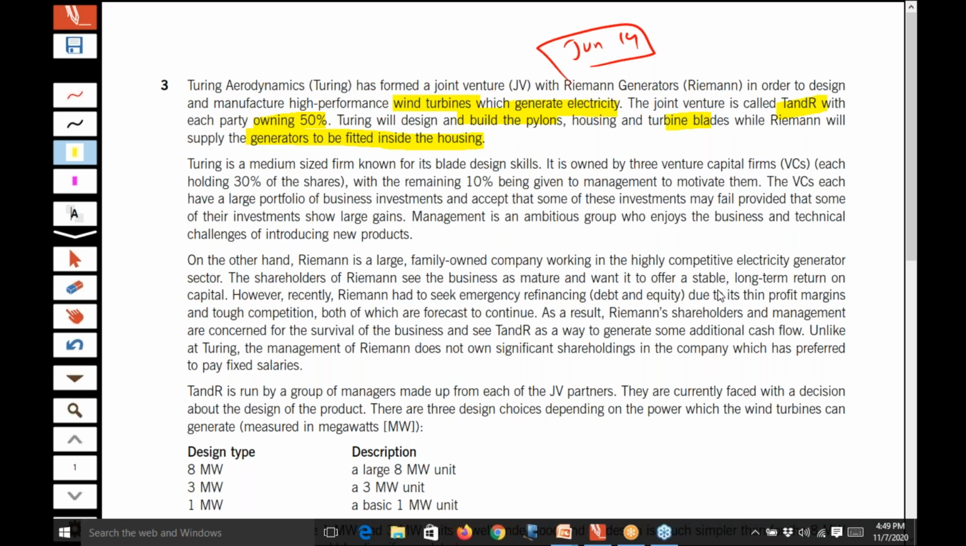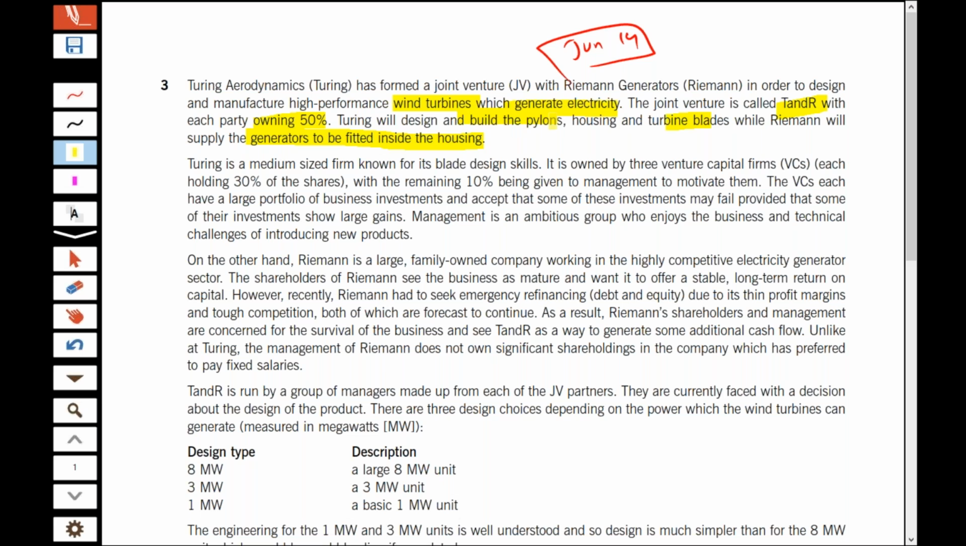So we have got this. Turing Aerodynamics has formed a joint venture with the Rayman generators in order to design and manufacture high performance wind turbines which generate electricity. The joint venture is called T and R, with each party owning 50%. It says Turing will design and build the pylons, housing and turbine blades, while Rayman will supply generators to be